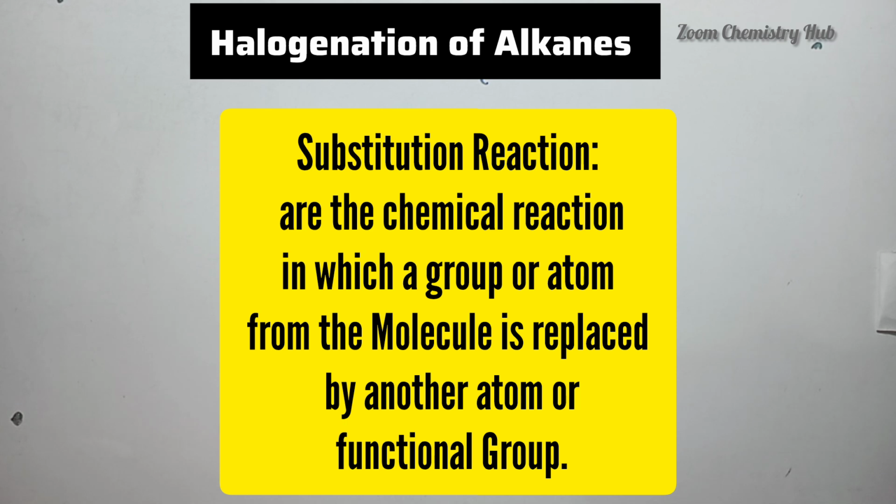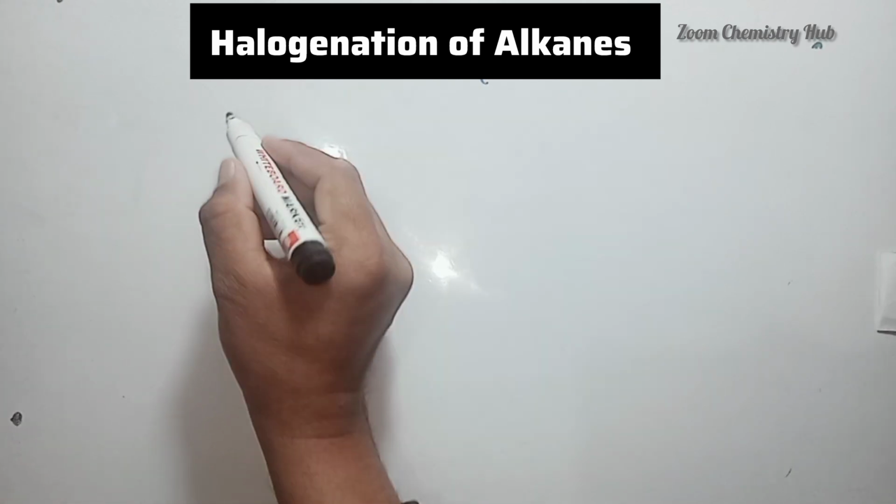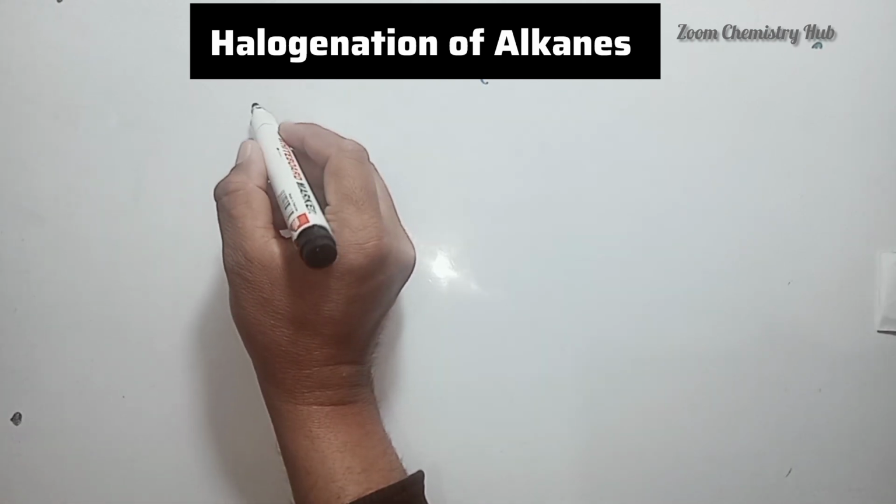Today in this video we will discuss and learn the most important chemical reactions in hydrocarbons, that is the halogenation of alkane. The halogenation of alkane is a substitution reaction. In a substitution reaction, an atom or a functional group is replaced by a different functional group. For example, we have an alkane, that is